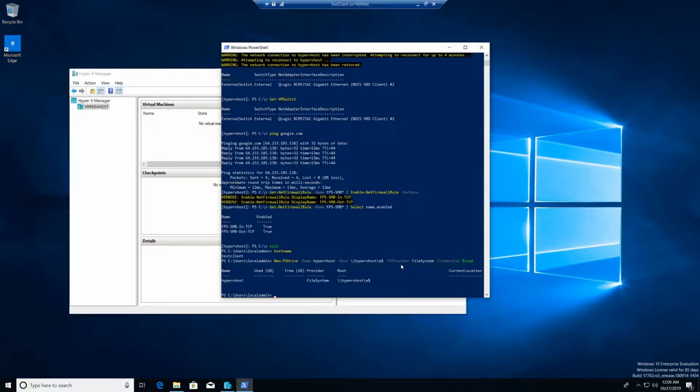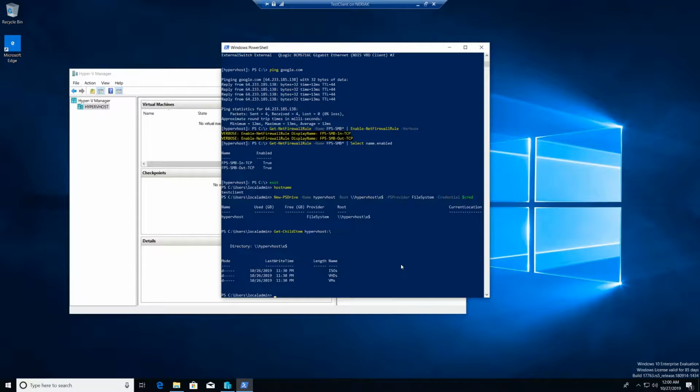So I could do get child item Hyper-V host. And we see our 3 folders that are on the E drive, which is really kind of nifty. So now what we need to do is copy that ISO file from our computer to the drive that's on the Hyper-V host. So to do that, we'll do copy item,